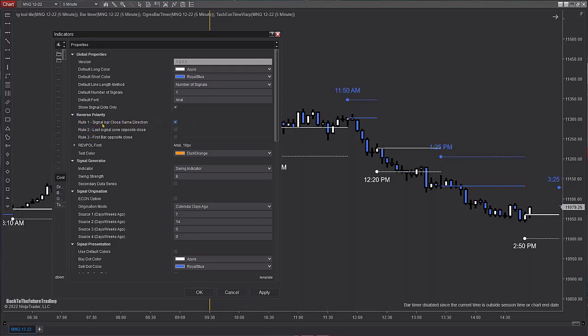Oh, look, we got these little hoverovers now. That's cool. Show when a signal has made a move in the signal direction on the signal bar and reversed on the next bar. Oh, I'm glad I just read that. I didn't realize that was part of it. And reversed on the next bar. Oh, hot damn, I can't believe I missed that. Oh, that's cool. This could end up being even better.